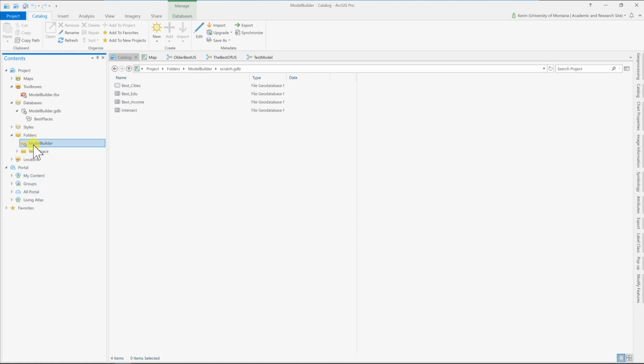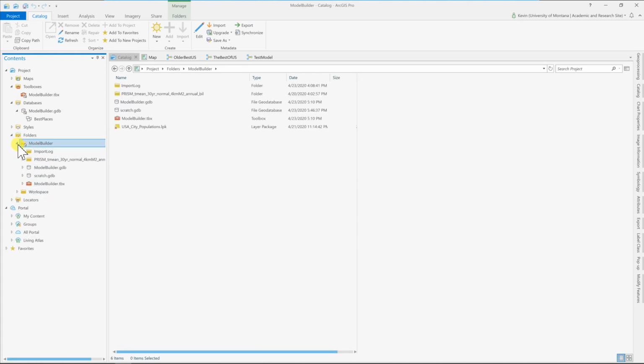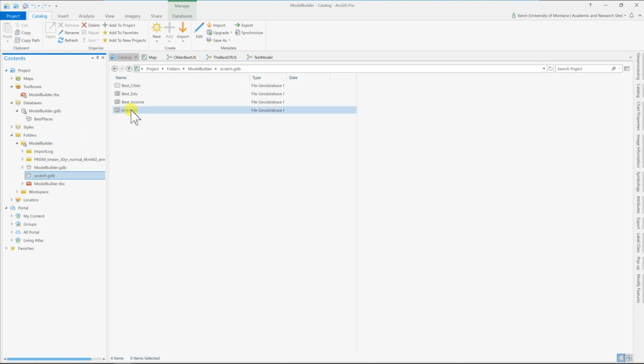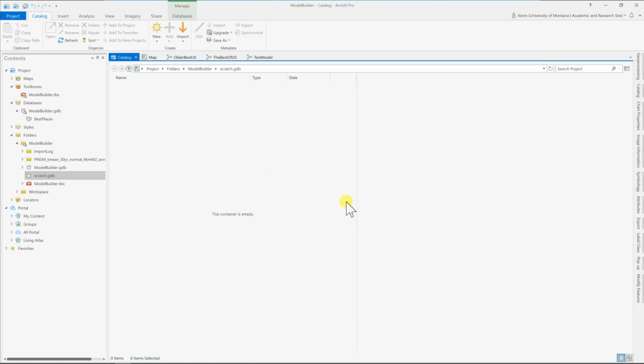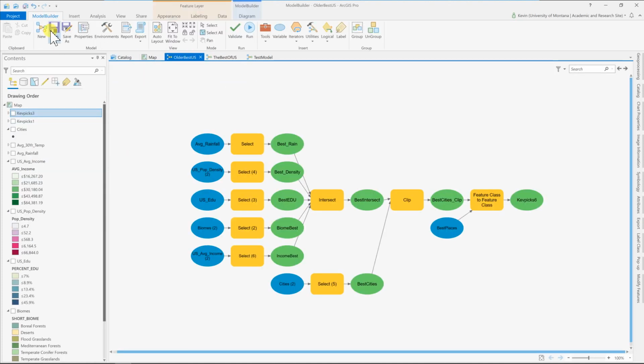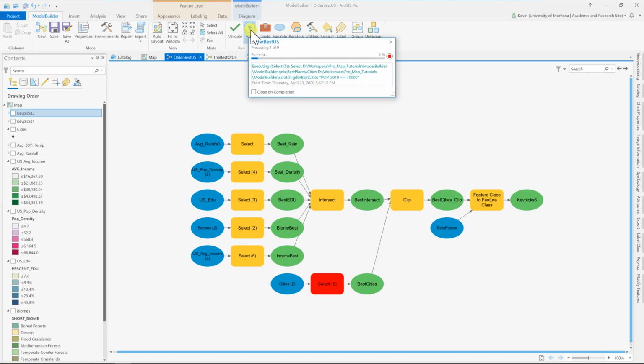And then I'll have to open that guy up and take a look. Yep, so I got to get rid of these, because if you have things named the same in the model, it'll kick you an error if it's trying to overwrite data. So let's delete these guys. Very good. And now back to this one. Okay, super. I'm going to hit save this model, and I'm going to hit validate just to see if there's any problems. It doesn't seem so, and then I'm going to let it run and see what we get.